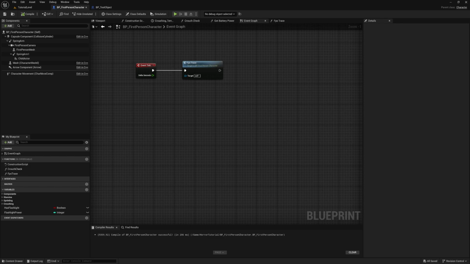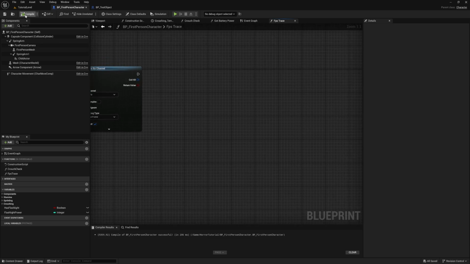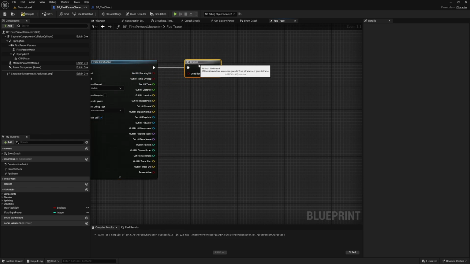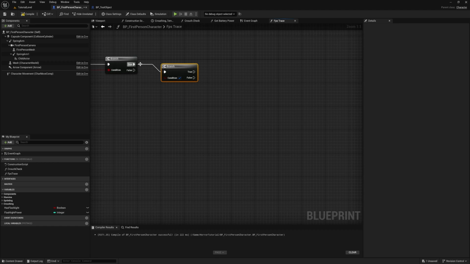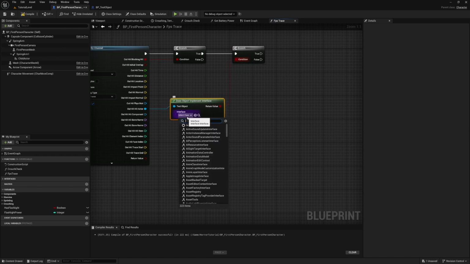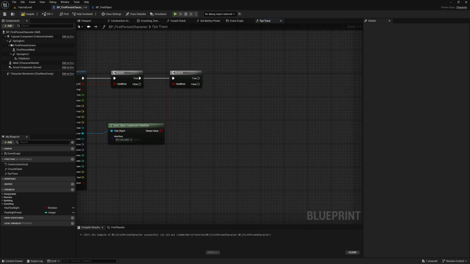So what we're going to do now in the line trace is set the logic up for highlighting and unhighlighting the objects. We're going to do a branch, then split the out hit, and do a branch on the blocking hit, and then do another branch on the true, and from the hit actor we do does implement interface. The interface will be the BPI underscore interactable,